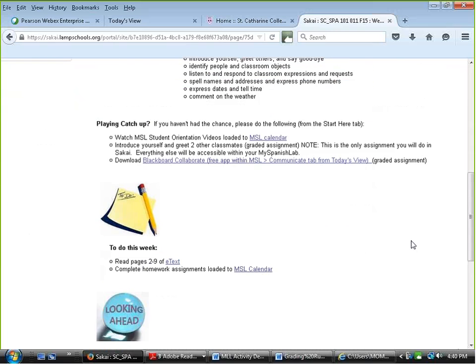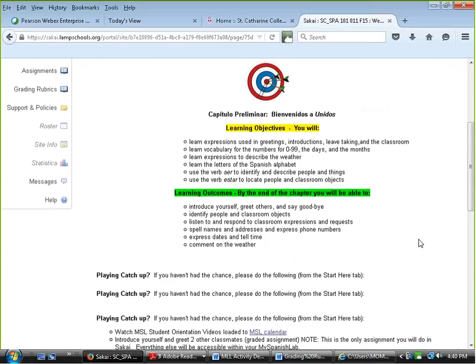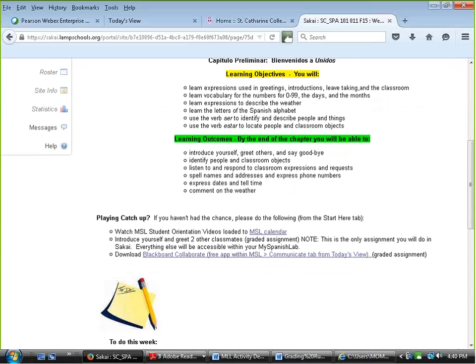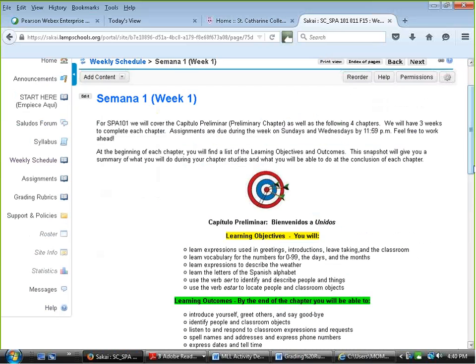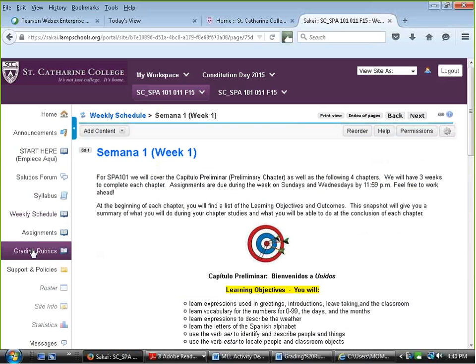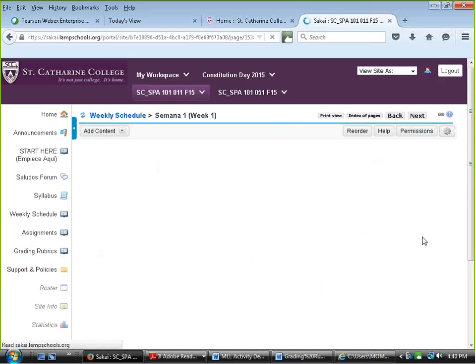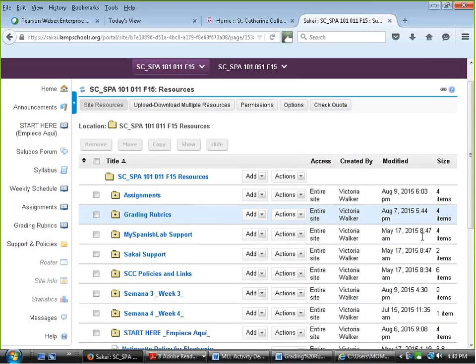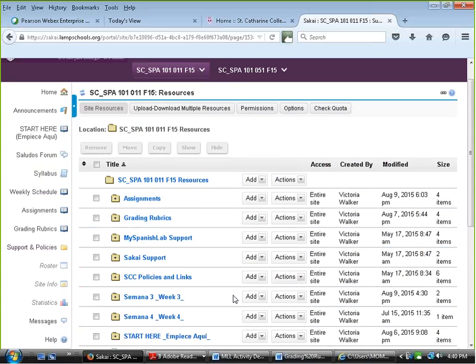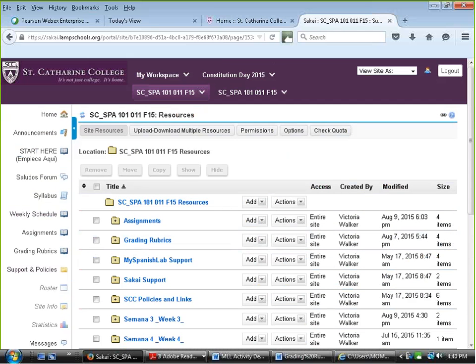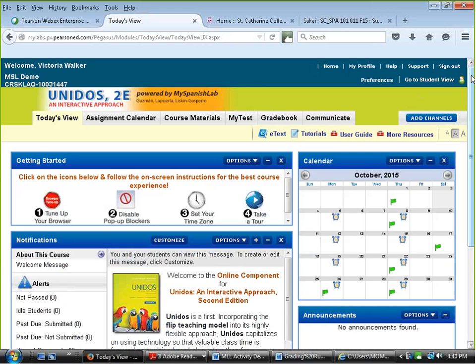But I did want to list here some more of the specifics, like these are the objectives, this is what you'll be able to do, this is what you've got on tap this week. I don't even think they come over here anymore, but at least it's here for them. All my grading rubrics are here, as well as support and policies. Of course, I want to give them as much information as I can that they may find helpful along the way. So I don't know where you are in your institution and what you have to have in the LMS and what you don't,